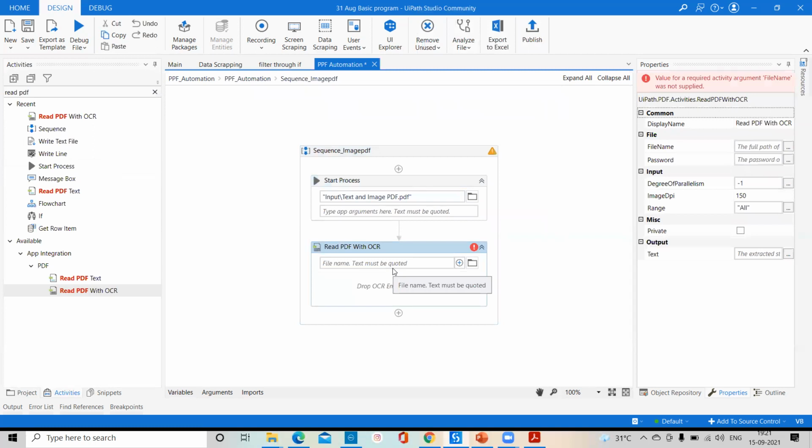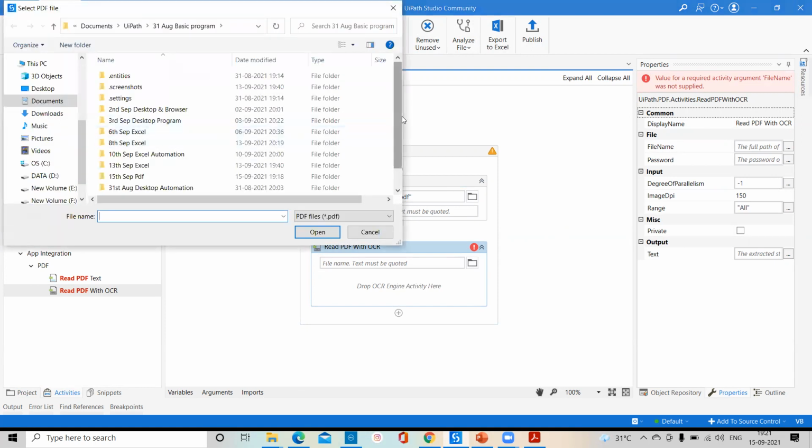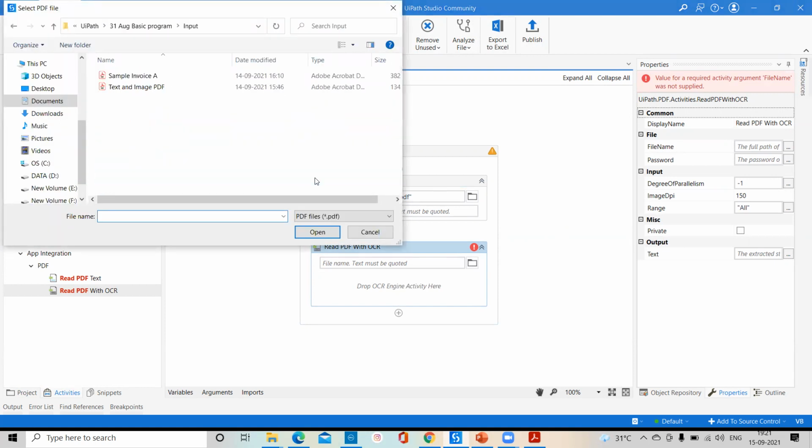If you're getting an image anywhere, there we'll try to apply the OCR activity. So the same thing, start process especially for launching your PDF, and read PDF with OCR especially for your image type of PDF. Okay, so again we'll try to provide the path from input, and we'll go for this text and image PDF.